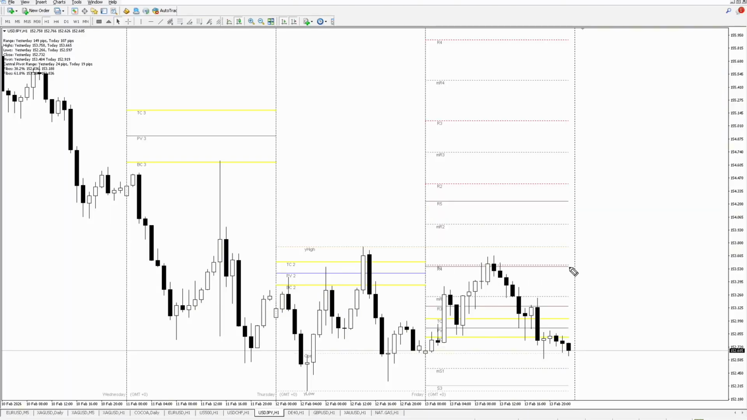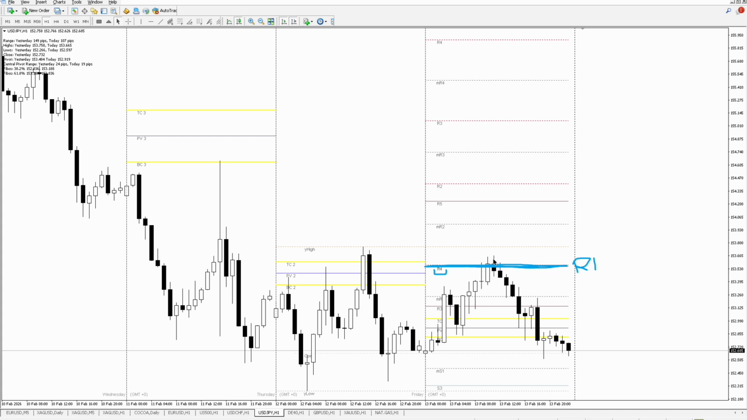Here you can see we have confluence of R1. So this dotted line is R1 from classic pivot points and the solid line is R4 from Camarilla. And this is our confluence level. This level is based on two different calculations from classic pivot points and Camarilla pivot points. This level is more important for algos and other traders. They pay attention to it and we have better chances that there will be some price reaction at this level